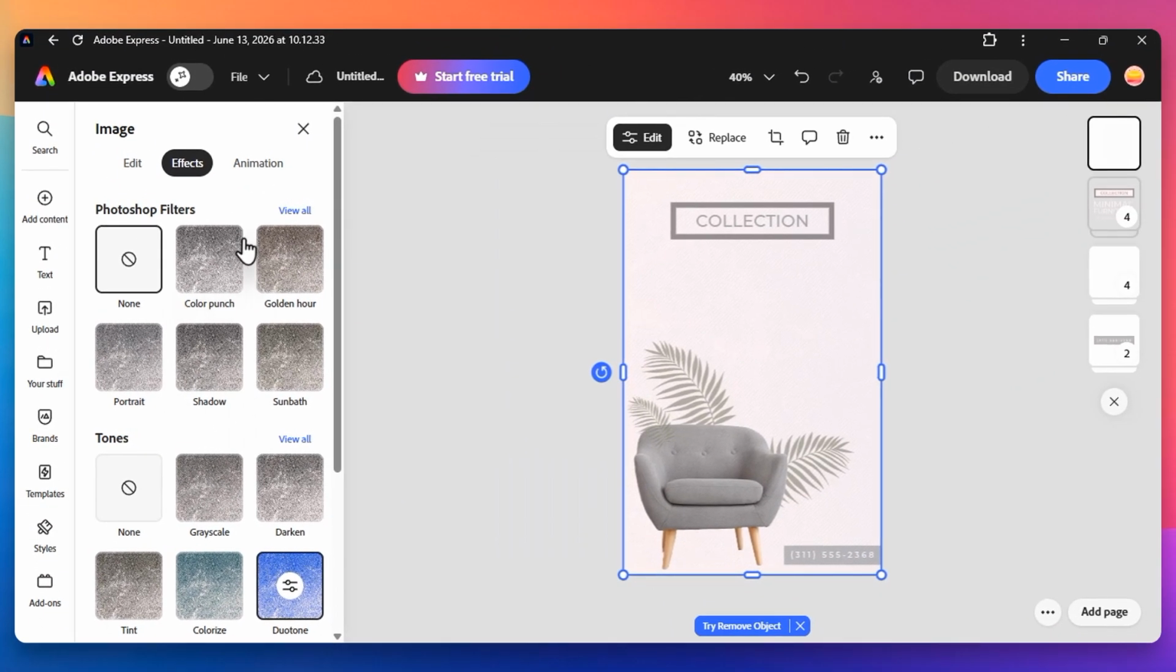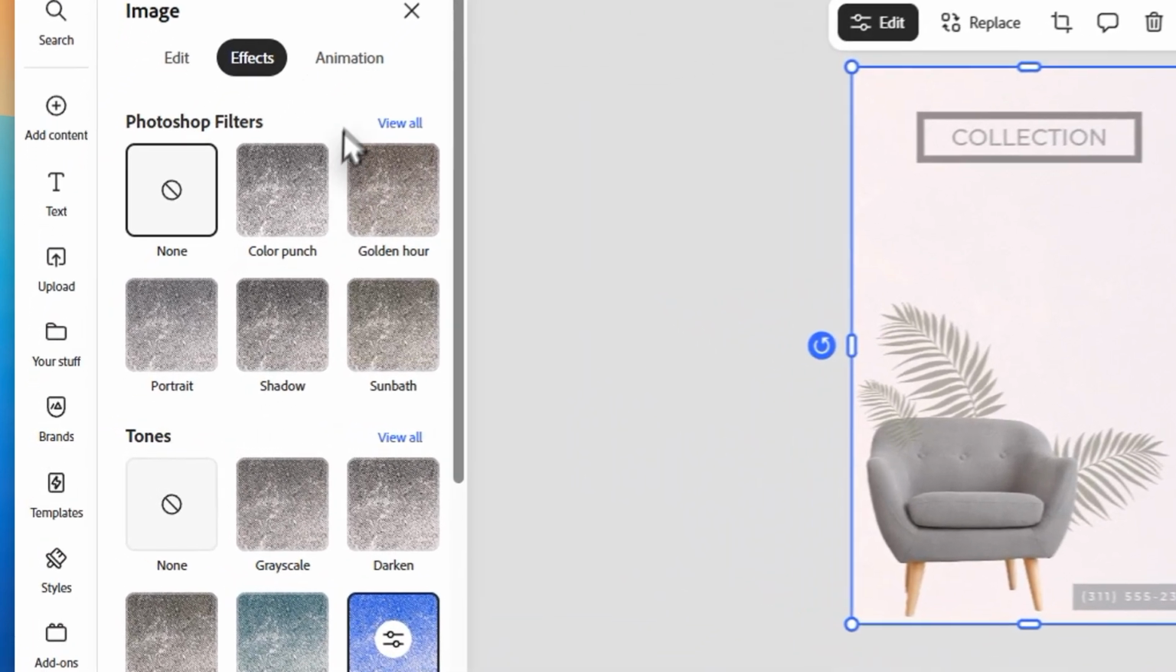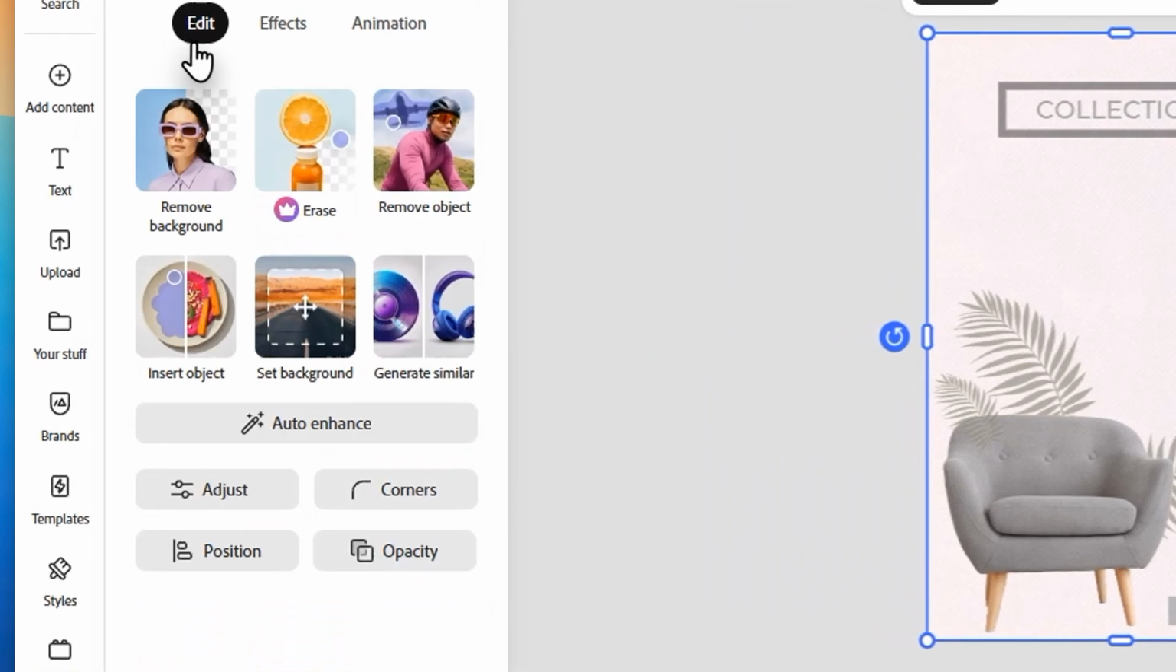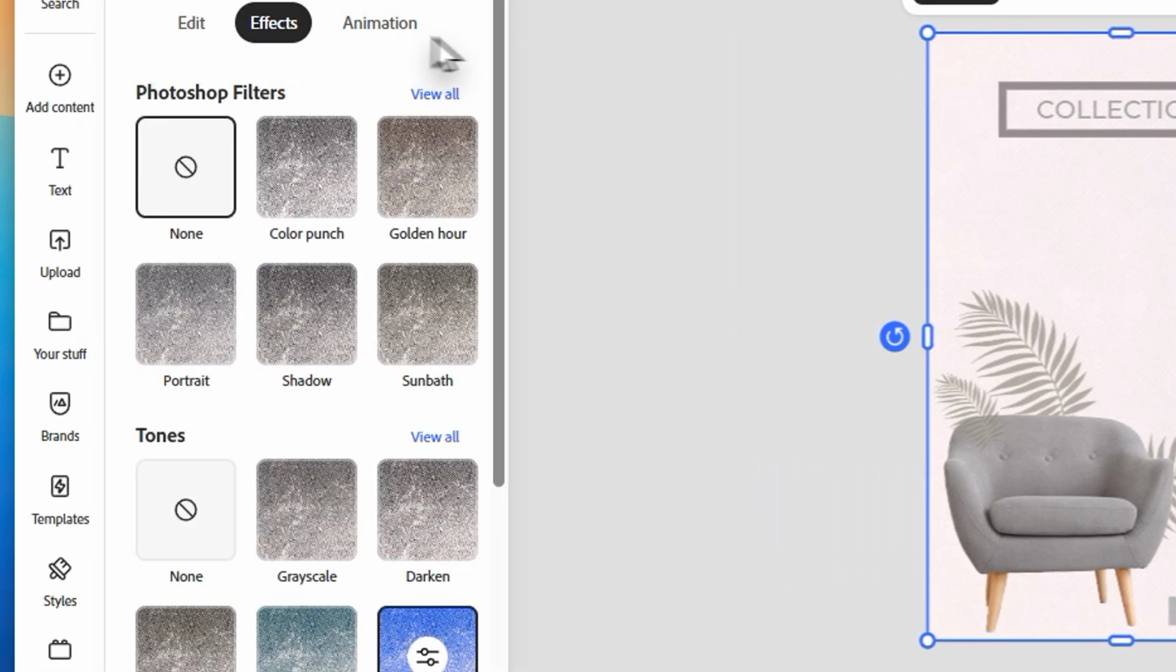You can move the stop points to adjust how the colors flow into one another, or even change the angle of the light for a more dynamic feel. It is a fantastic tool for creating depth without needing complex